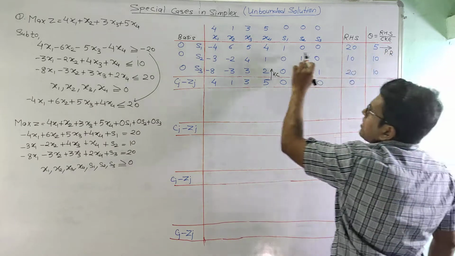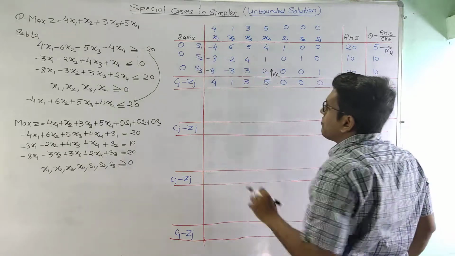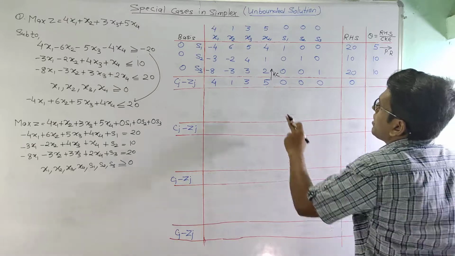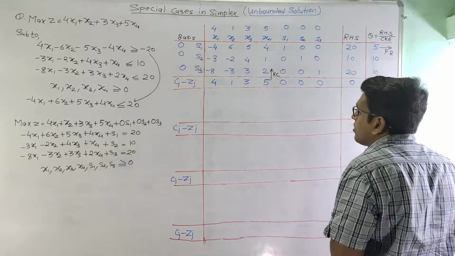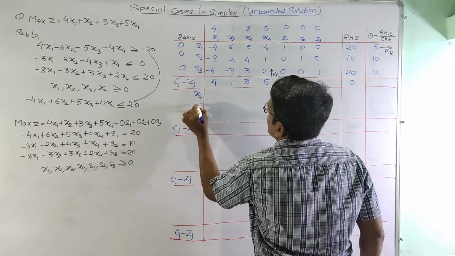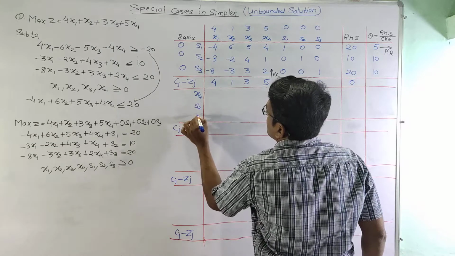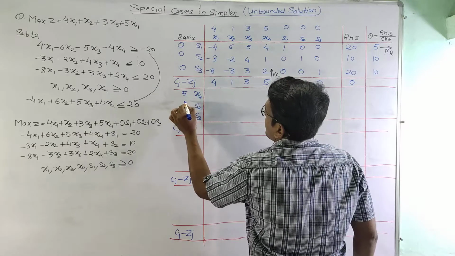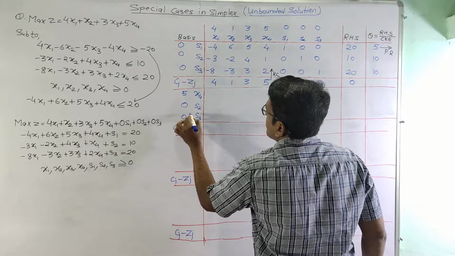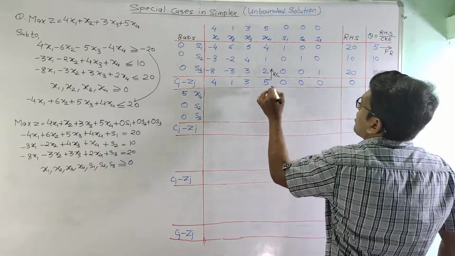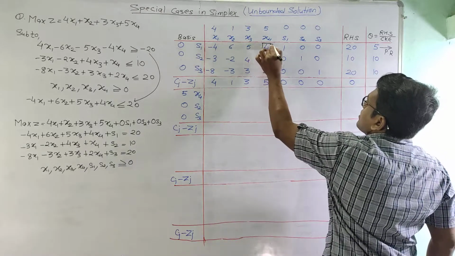This shows that variable S1 will leave the basis and it will be replaced by variable x4. So this is x4, this is s2, this is s3, this will have equation 5, this is 0, this is 0. Now we have our pivot element here as 4,